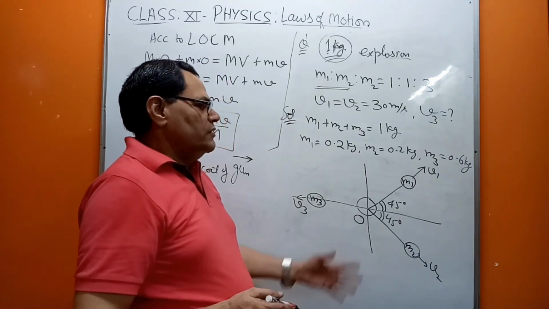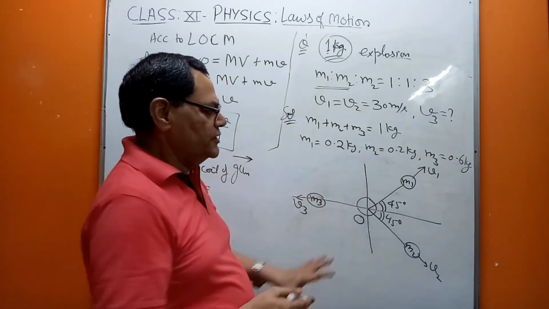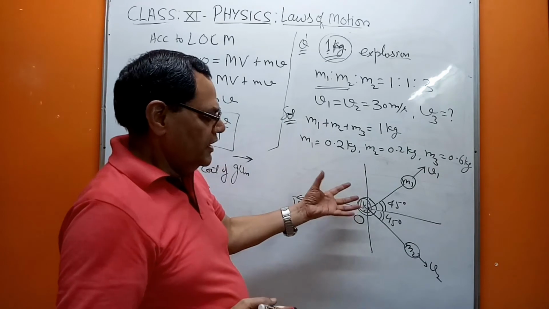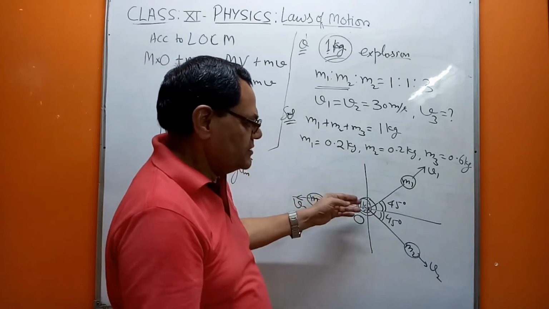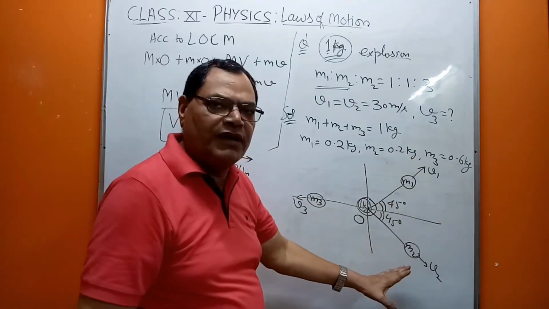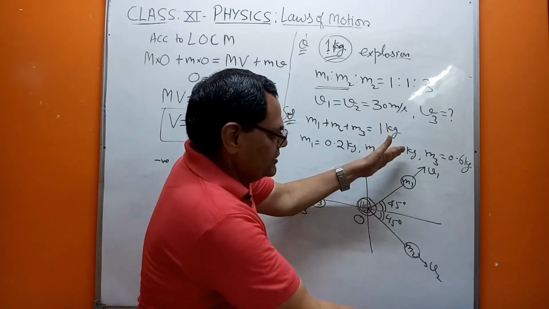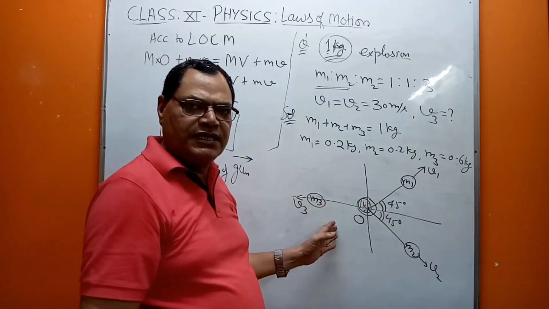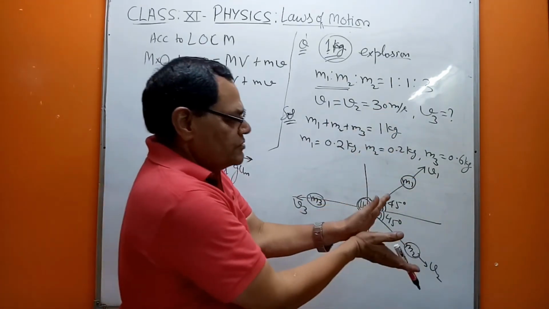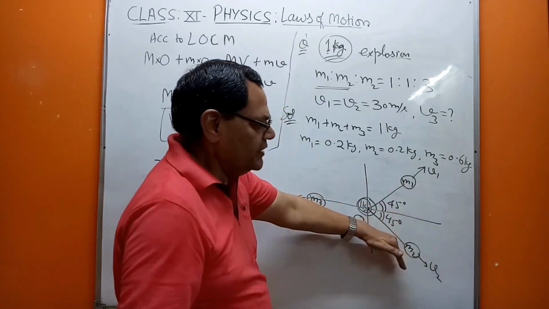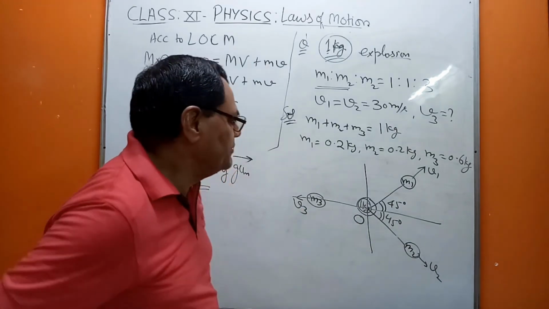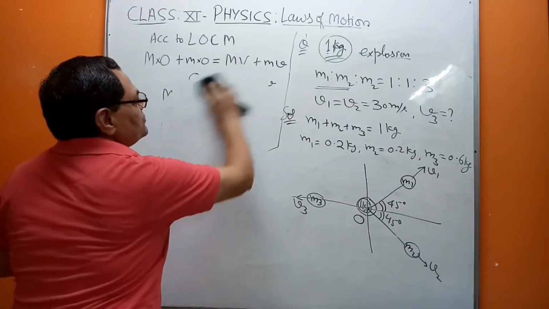Very interesting now. So we have understood the question: originally this was a 1 kg object, and after the explosion took place, it split into three fragments. The two fragments of equal masses are moving mutually perpendicular to each other, and the third one is moving this side. We are given the velocities v1 and v2. Because we have taken this case in such a manner, the angle being 90 degrees, we can take 45 like this. So to solve it further, let me proceed.